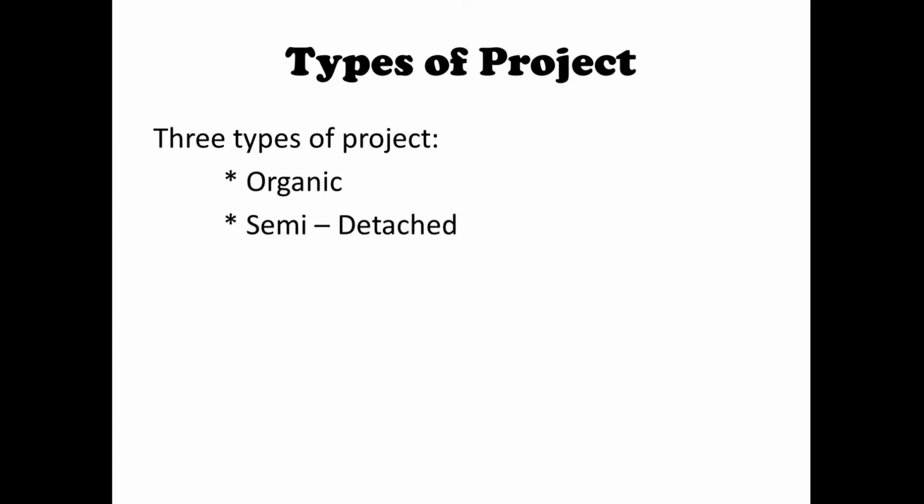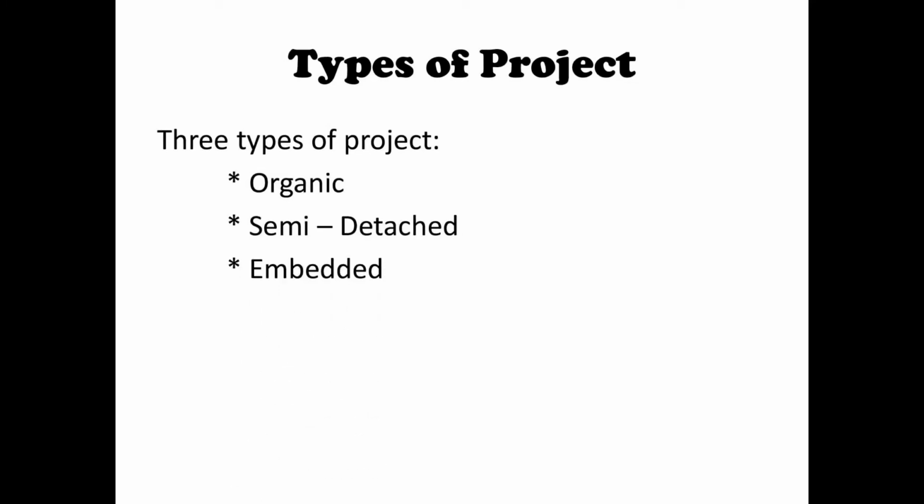Before calculating the COCOMO model, we have to know how many types of project we can find in software engineering. There are three types of project: organic, semi-detached and embedded. Organic project means it is a very small project and the lines of code will be less than 1.5 lakhs. Semi-detached projects are bigger than organic projects. Embedded projects are the biggest projects in software engineering. Embedded means we are including external software or hardware in our project.